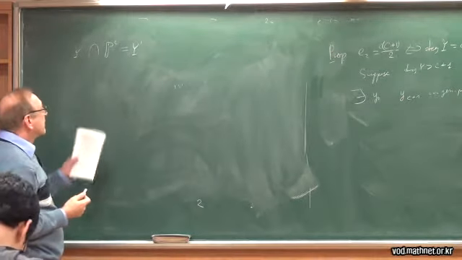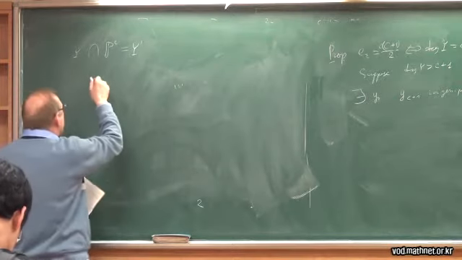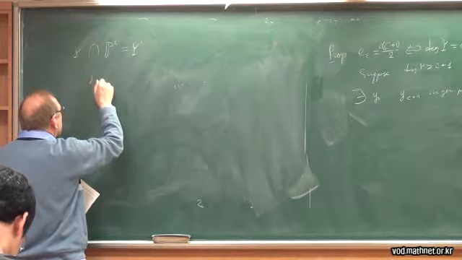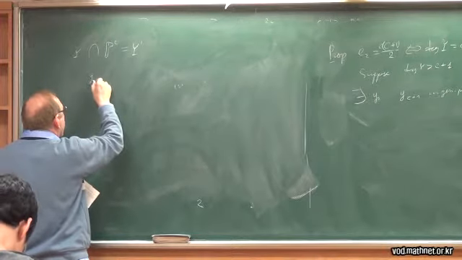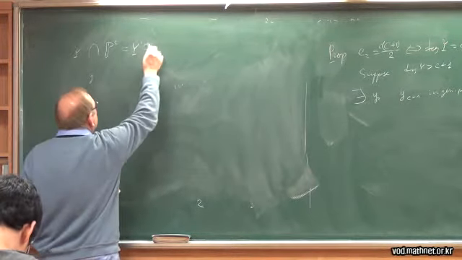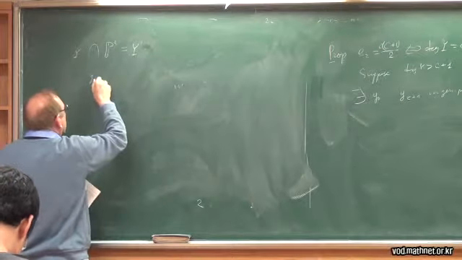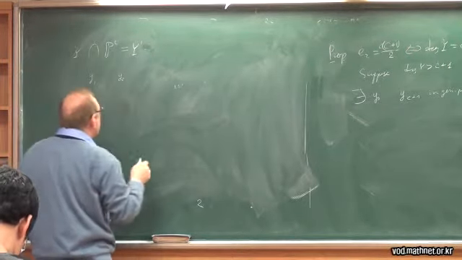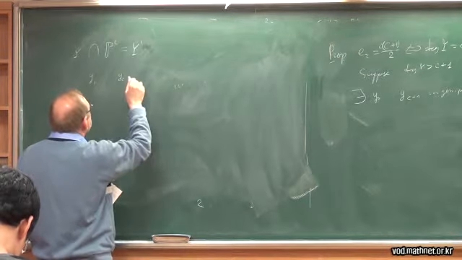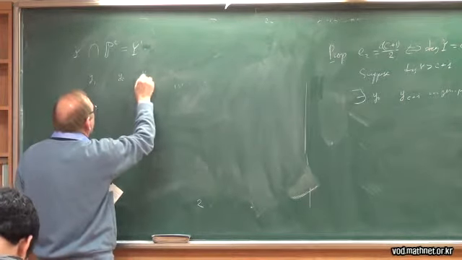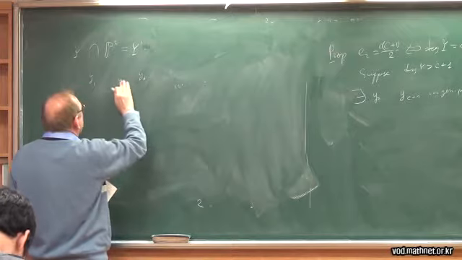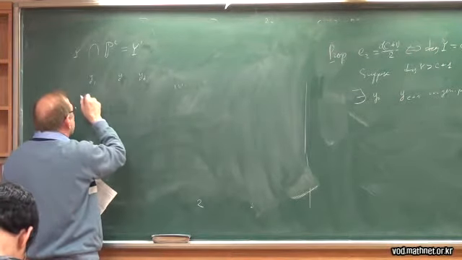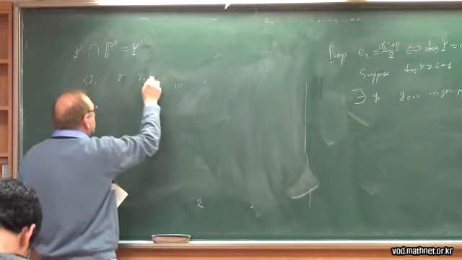So we say that a union of finitely many points is in general position. So in general position, we have d points where d is the degree,